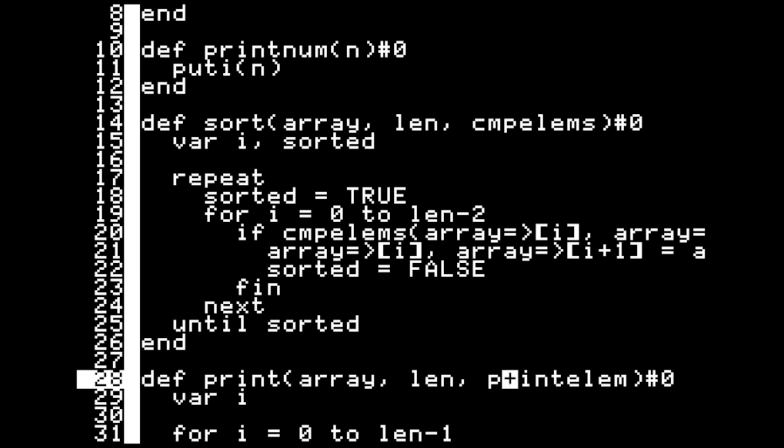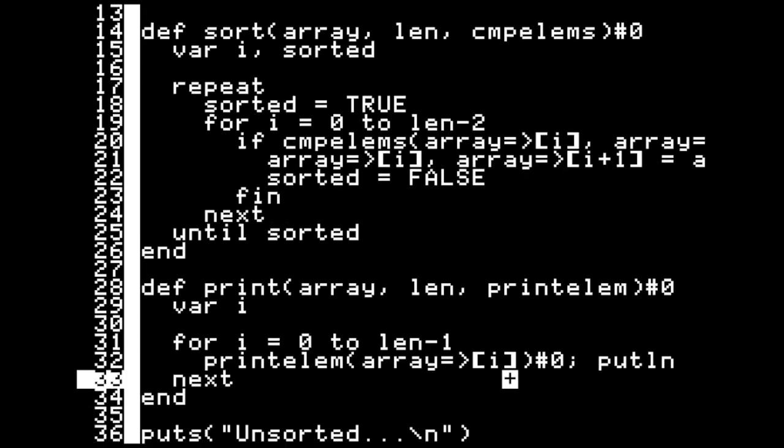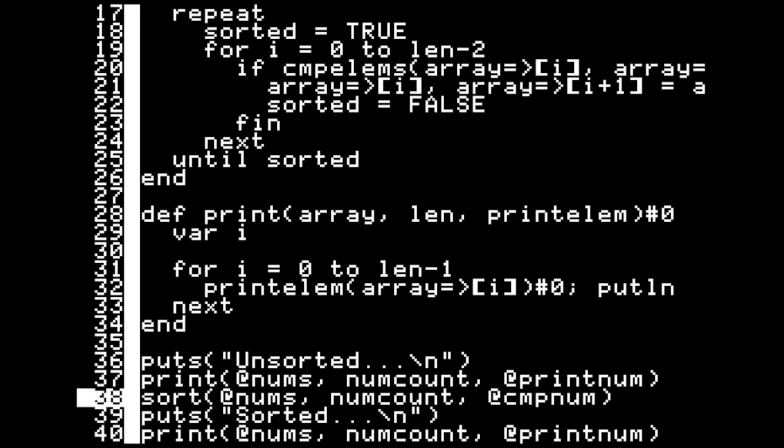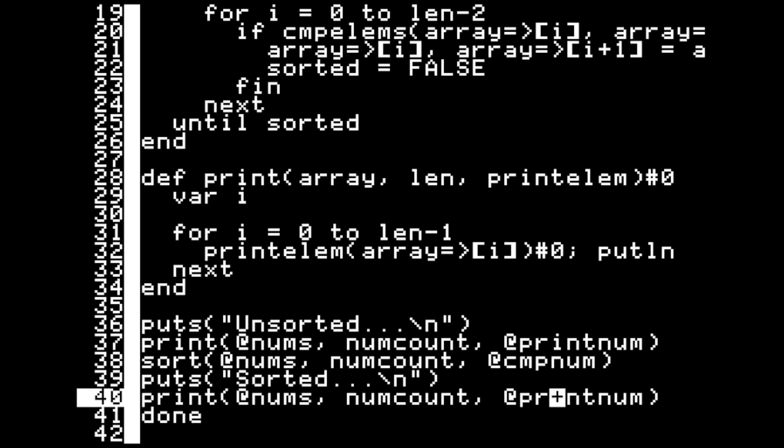We now have a print element function pointer that's being passed in, and we can use this as a function pointer call. Now notice we actually have to explicitly say that there's 0 return elements because function pointers don't carry that kind of information with them. So we have to explicitly state in the source code how many return values our function pointer is returning. We call now our print and sort routines with the function pointers,